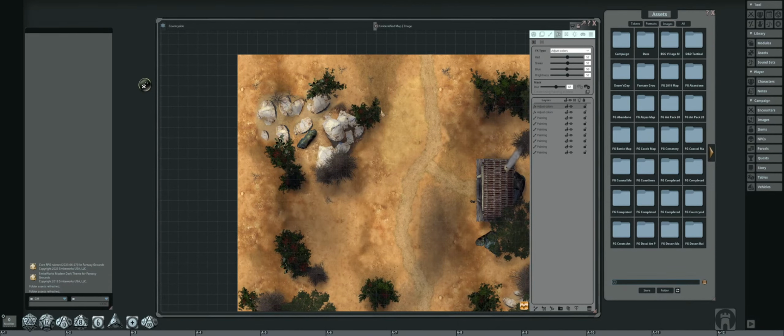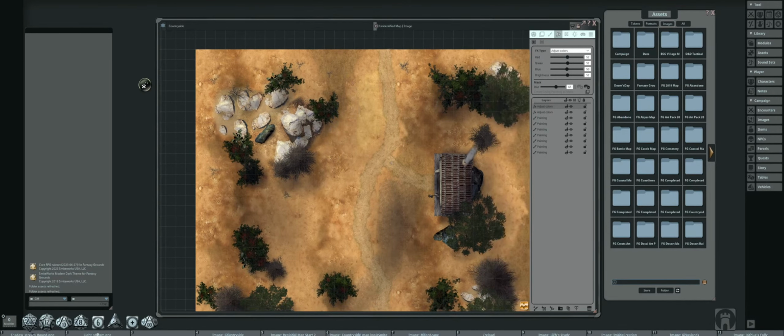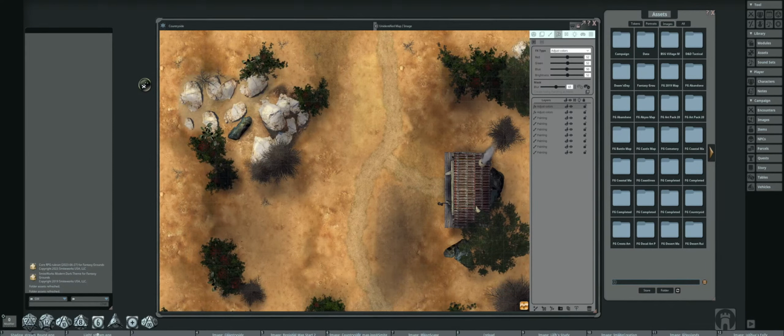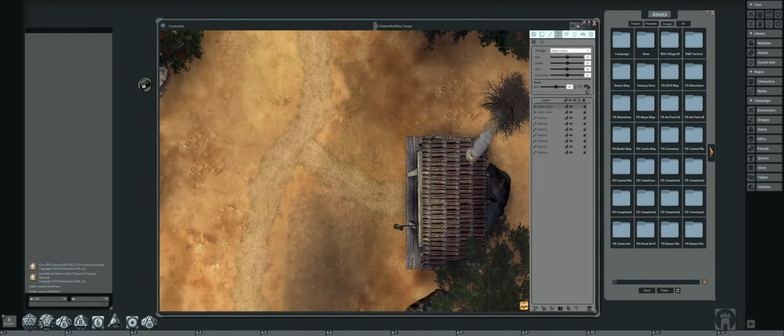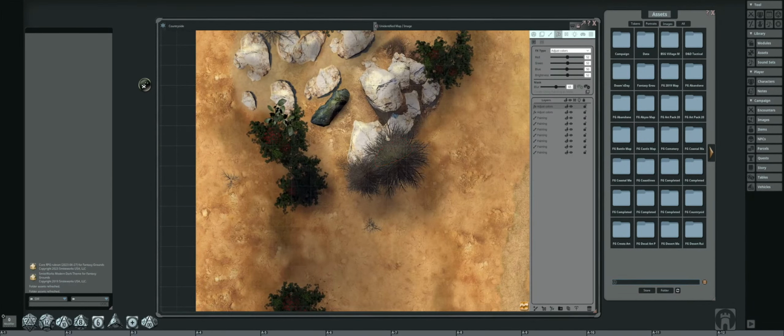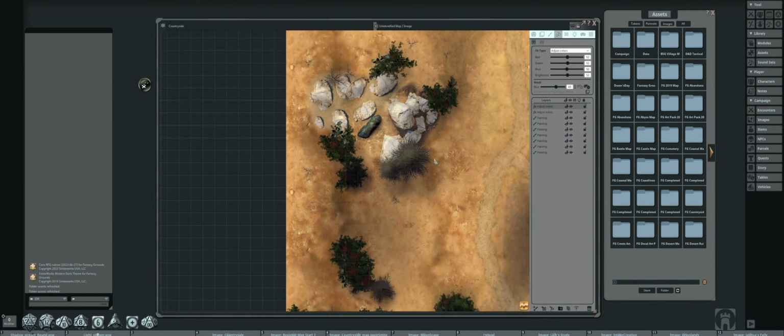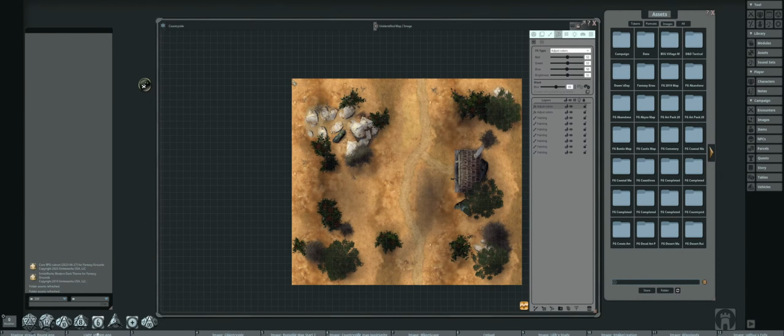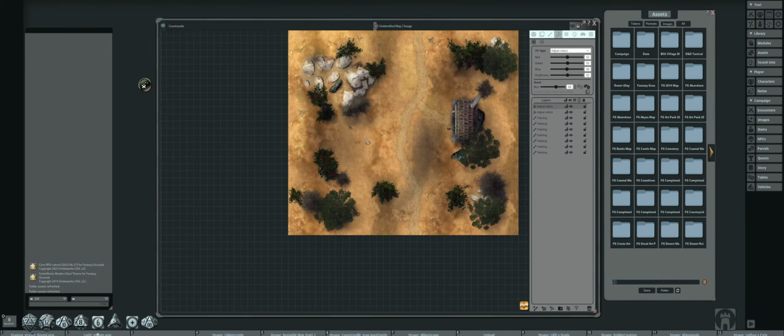Find our balance here for what we're trying to achieve. And I like to use this for doing a lot more